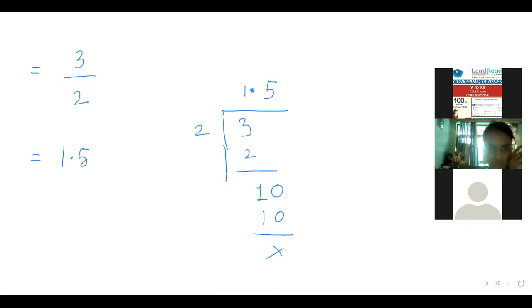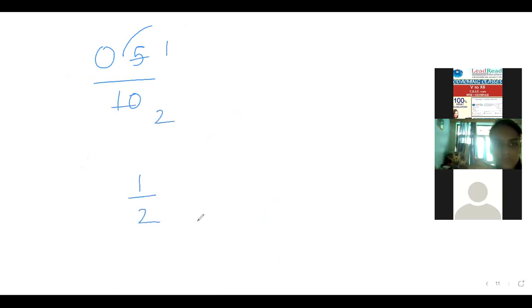Ma'am, can you just tell me how we can convert a decimal into a fraction? Speak again, Samraj. Your voice is very low. Ma'am, decimal into fraction. So that is a different story, and an easy story, I should say. Say 0.5. You will remove this decimal. After the decimal there is one digit, so put 10. Now just convert it. 5 ones are 5, 5 twos are 10. So it gets converted into 1 by 2.